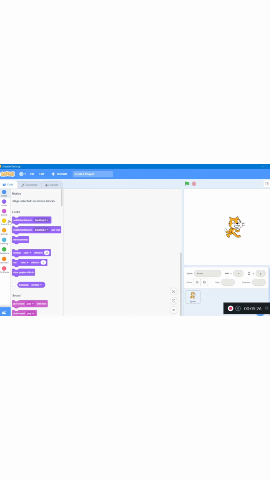Now let me show you what hat blocks are. These are hat blocks, which are shaped with a round top and a bump at the bottom.